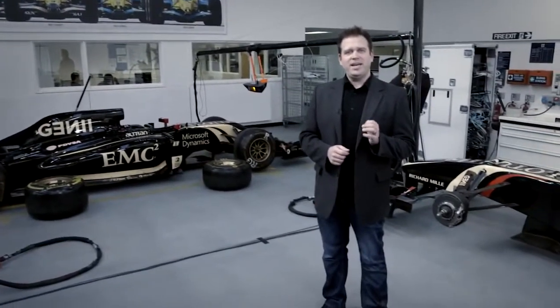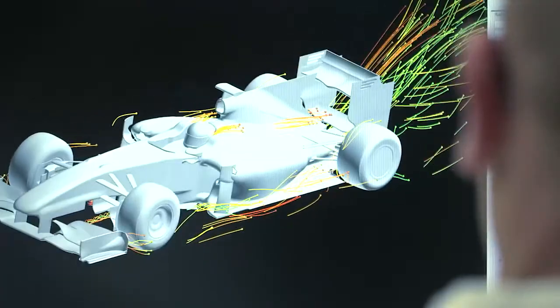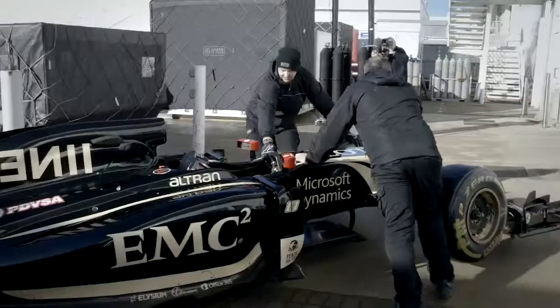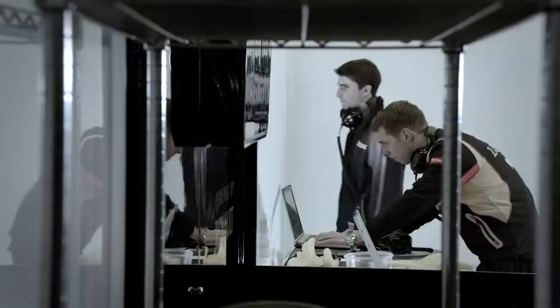On today's show, we meet the IT crew from the Lotus F1 team to explore their implementation of Office 365. It's the middle of the race season and all focus is first and foremost on making the car faster, so technology decisions and change management are not taken lightly. Over 20% of the workforce here is highly mobile, either racing, testing, or designing the car, or managing team logistics